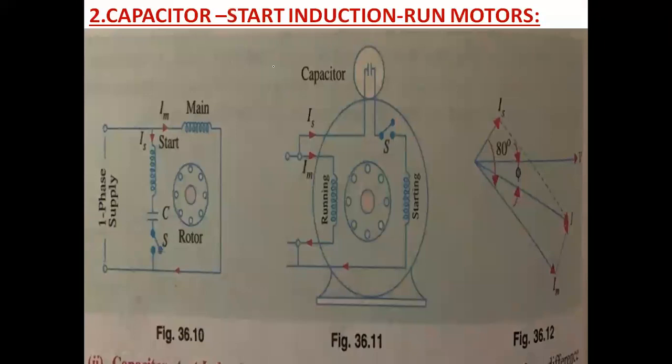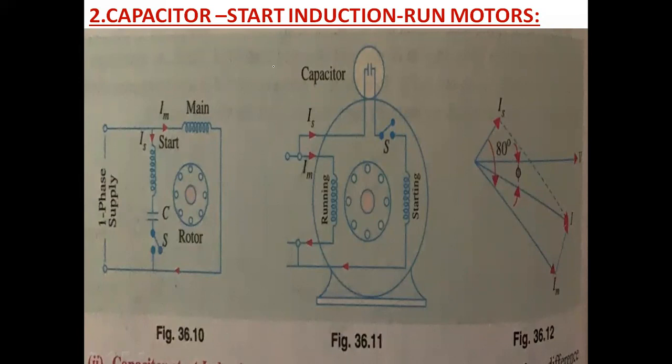What is the main aim of our single phase motors? We have to make them self-starting. In order to make them self-starting, we have to add some winding, and that winding should have a necessary phase difference. If there is no phase difference, it is again not working, and adding the starting auxiliary winding is useless. So if you see the windings here, there must be some relative phase difference between IS and IM, produced by connecting a capacitor in series with the starting winding.